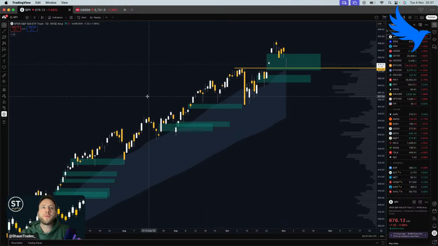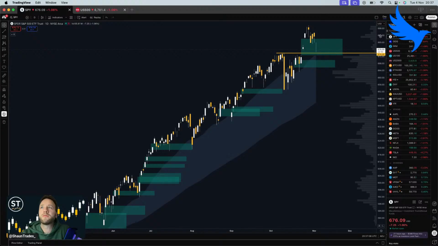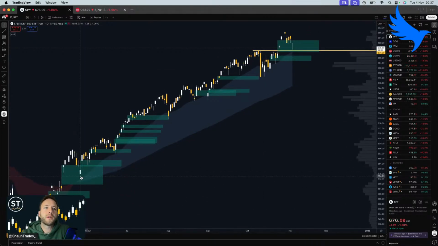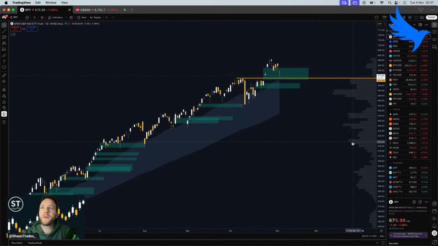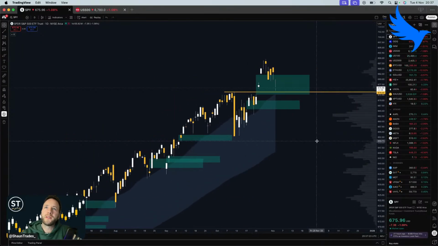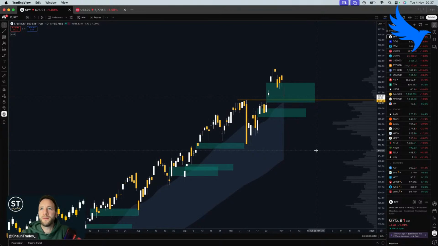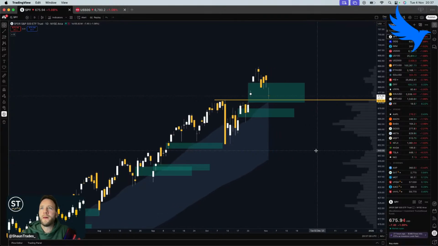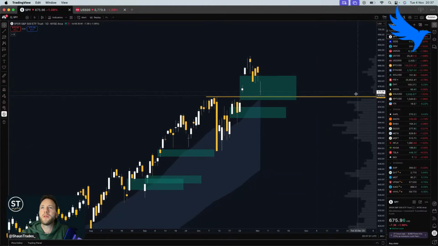Yeah, so obviously we've had lots of price action since April really, where the price action has come to the top of the cloud. And we're getting closer and closer, deeper and deeper into the cloud. But I mentioned this line here, 674 on SPY at the weekend, which I would have liked to see touched before any further highs. That makes sense. Obviously, that's still very much in play. Got lots of volume here on the right side as well, but there's no reason why it doesn't touch perfectly, and it could have already touched the bottom. It could also be moving up now already. But yeah, we'll see